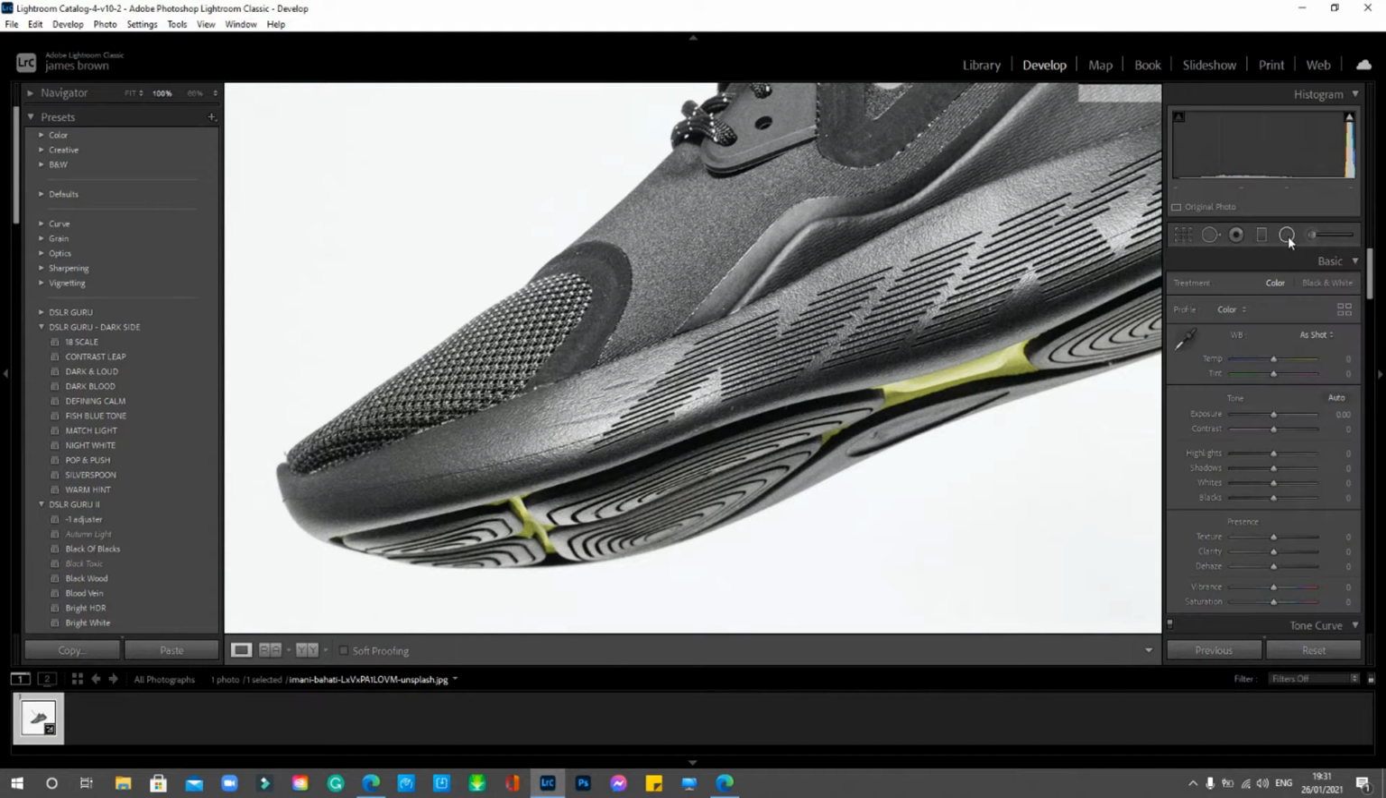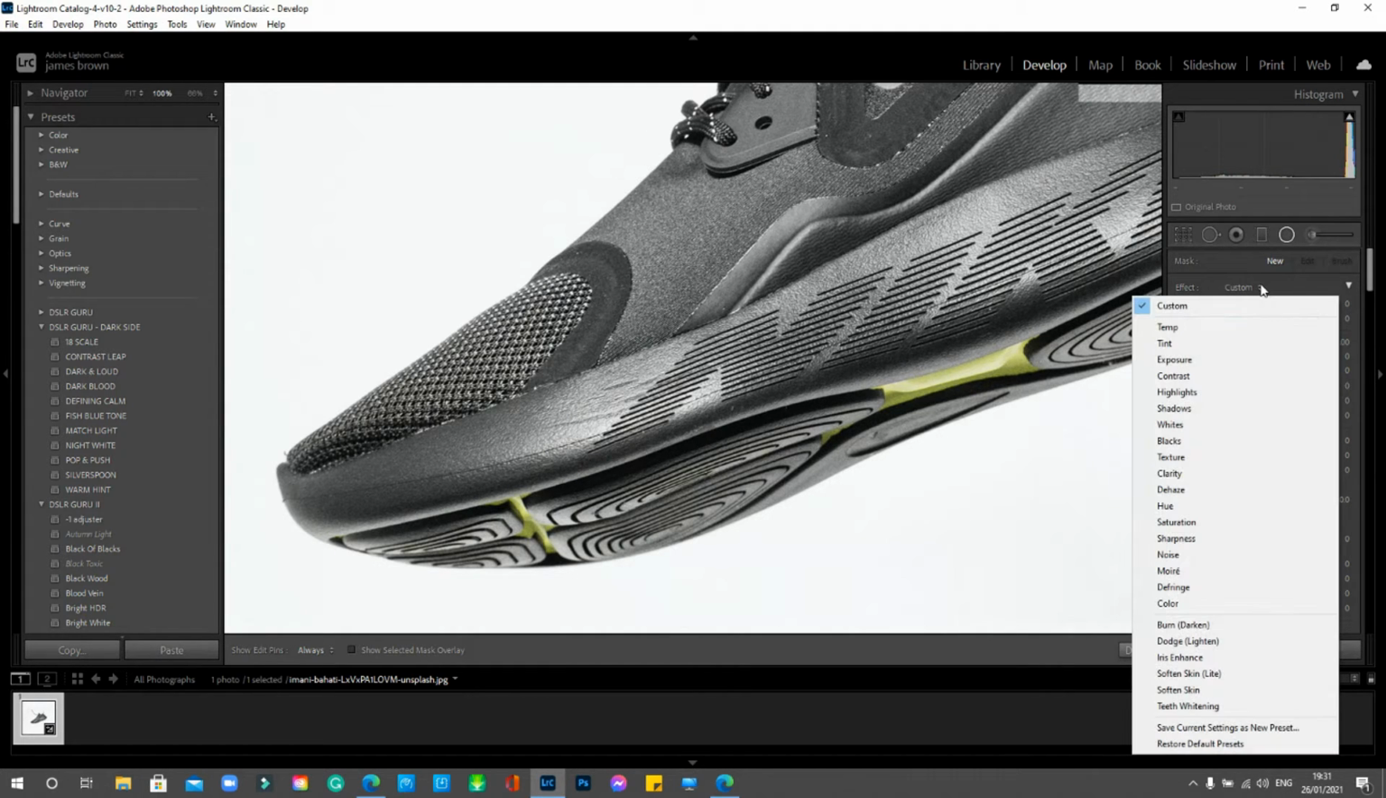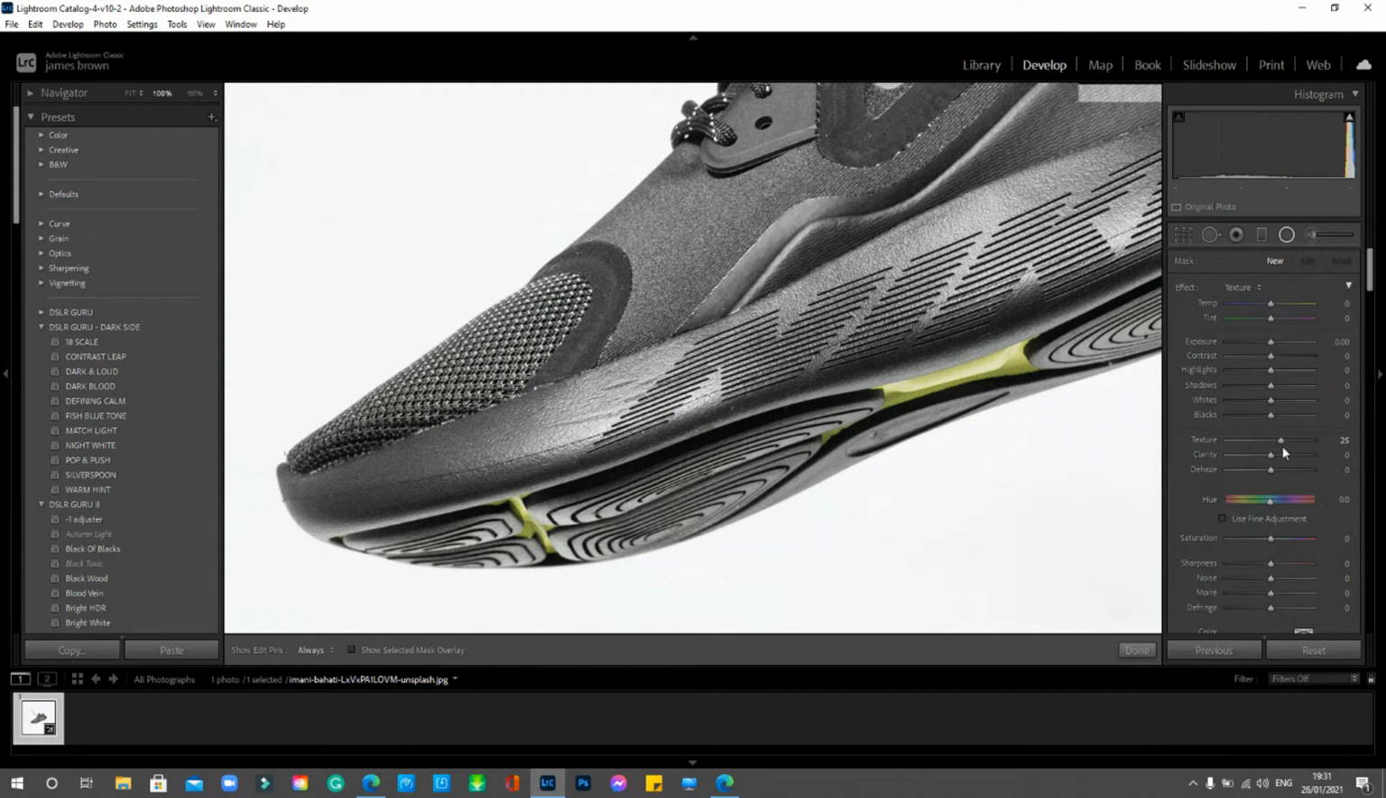So you simply click on it, and you can see there it says new, it comes up, and you've got effect here, and at the minute it says custom. If you click on that, you can then select any of these. So these are all the different adjustments that you can select. Now you don't have to stick with one. For instance, if I click on texture here, you can see it's preset to go to +25, but